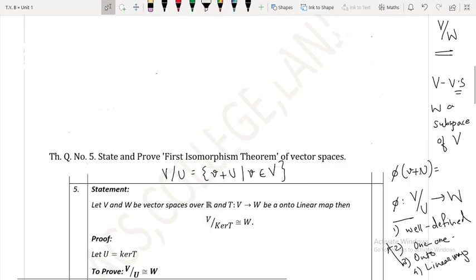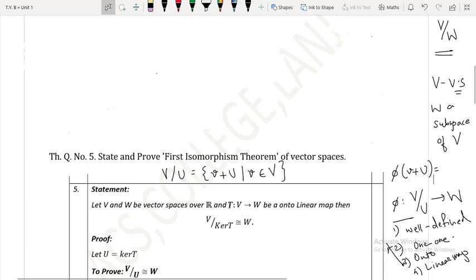Now the question is how to give it. So see properly here, whatever image we have to give, that should be in W, am I right? Because this is the codomain of our phi. Now this is a coset v plus U. What is the representative of this coset? It is v, right? So from where is this v? This v is from the vector space V. So the question is, from this v, can we construct an element of W? This is the question, and the answer is yes.